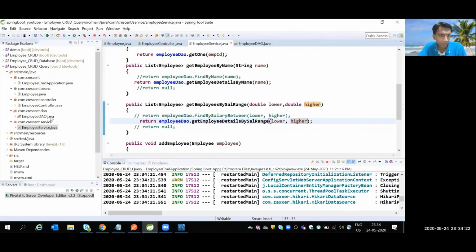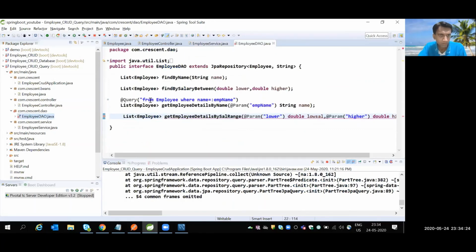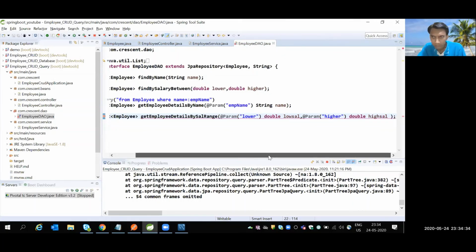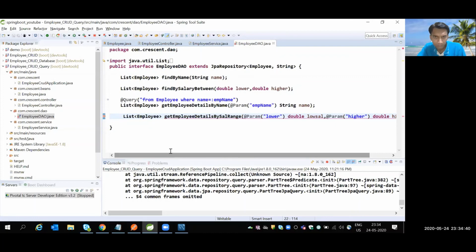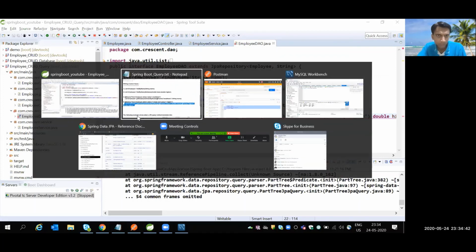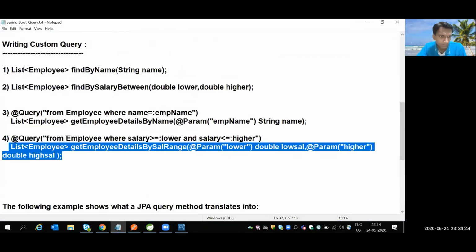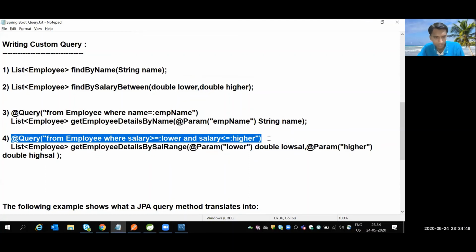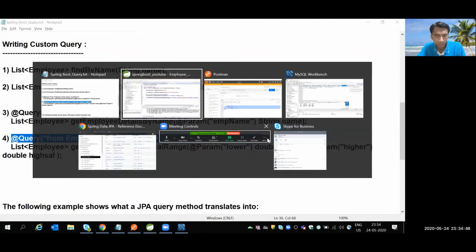Okay, so let me remove these compilation errors first. Yeah, so I missed something, @Query. This is the copy.